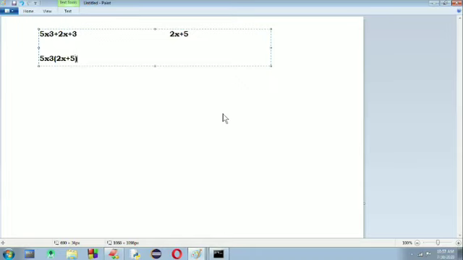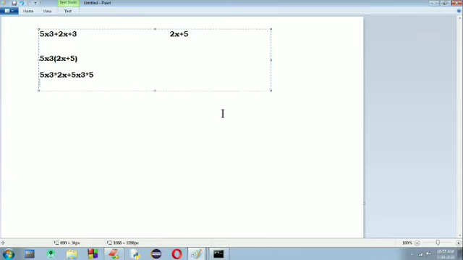We just need to understand how the multiplication is going on. The first term is multiplied with the first term of the second polynomial, which is 2x, and then 5x cube is multiplied by 5.